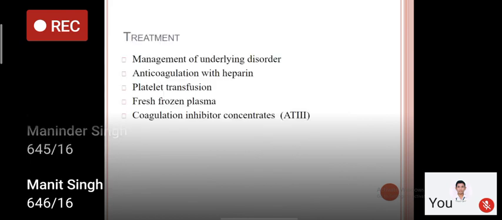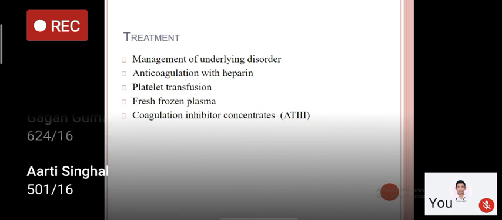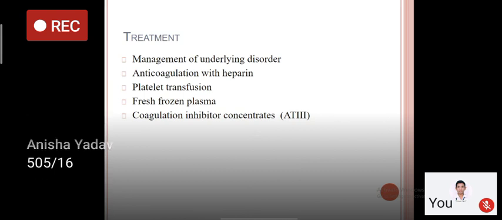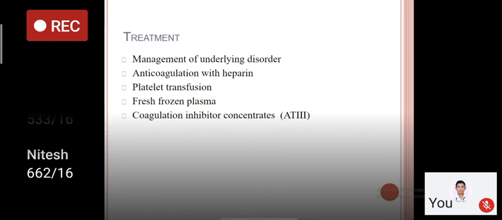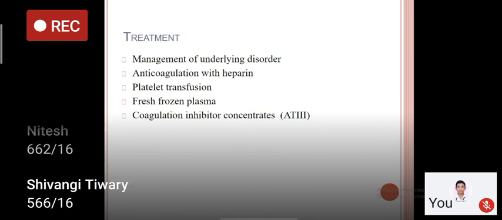So I think with this we will stop short over here, and I hope most of you have understood the physiology behind the coagulation and the problems related to the coagulation pathway. So with this we will stop our lecture, and I congratulate